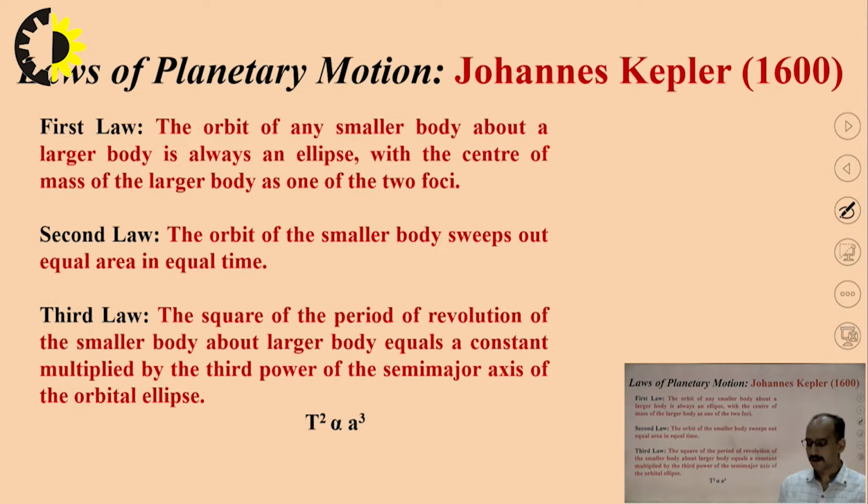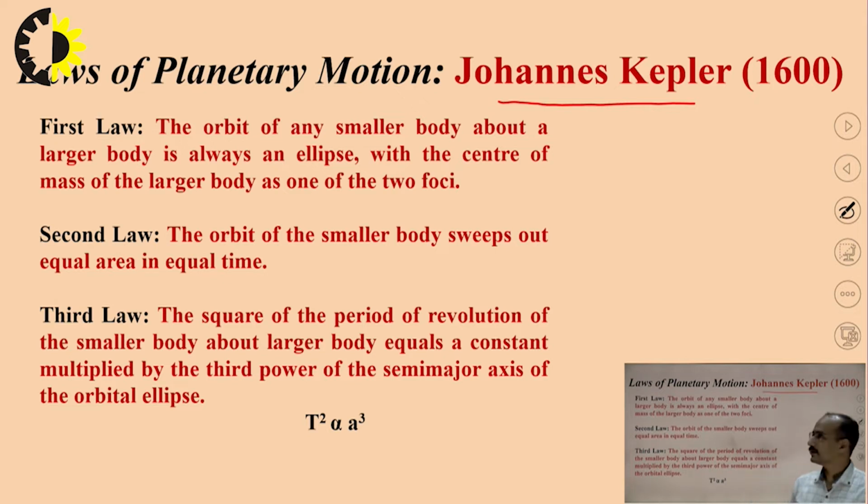So basically, when we want to start the orbital mechanics part, orbital mechanics is the part of this subject in which you do all the mathematical operations and derivations which are required to locate the satellite into the orbit. So it all started with Johannes Kepler's laws of planetary motion. As I told earlier, Johannes Kepler gave these laws of planetary motion in 1600, and he tells that the first